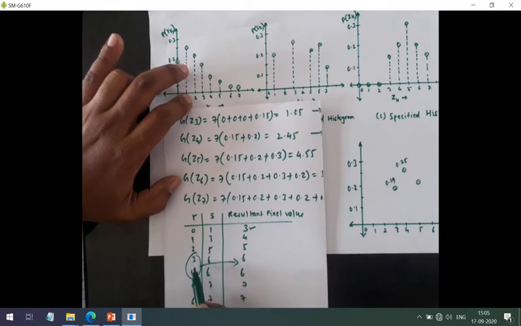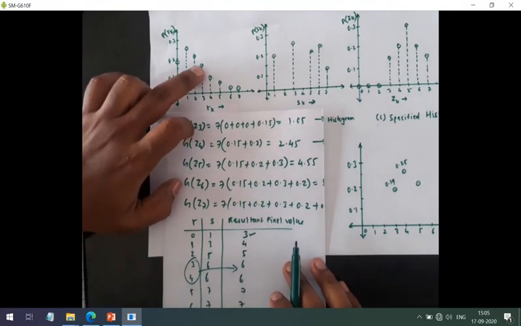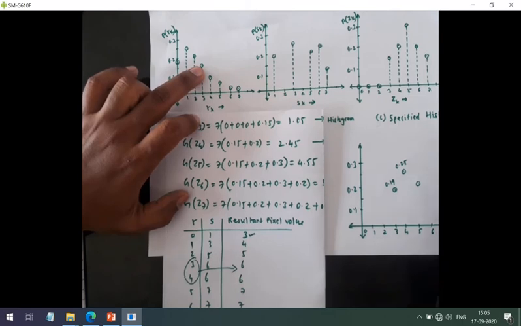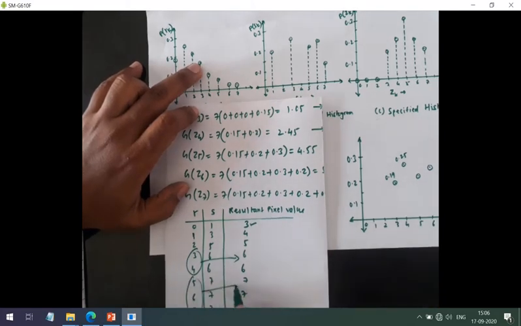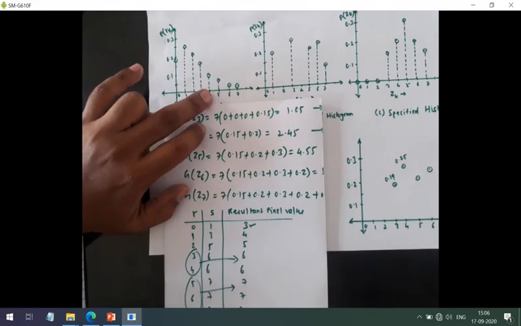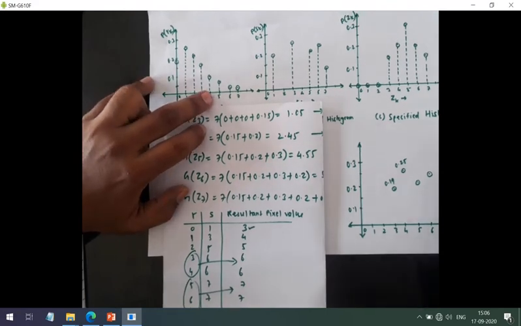So we have to add the values for 3 and 4. For 3 and 4 it was 0.16 and 0.08, that means 0.24, just below the 0.25. Then these 3 pixels are mapped to 7. Their summation was 0.06, 0.03, 0.02. It comes out to be 0.11. So for this it will be like this.